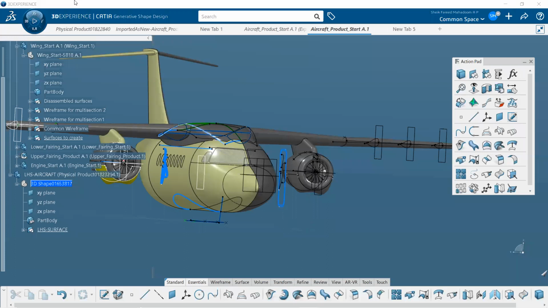Guys, I just created 4 models: the engine model, upper fairing model, wing model, then finally the symmetry and fences. If you're having any doubts on any process, please let me know. And if you have any general questions about generative shape design, you can ask me, because the design part is going to end here. Tomorrow onwards, you're going to deal with the manufacturing parts.